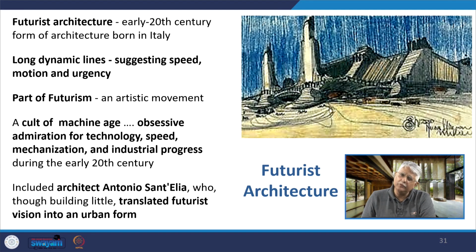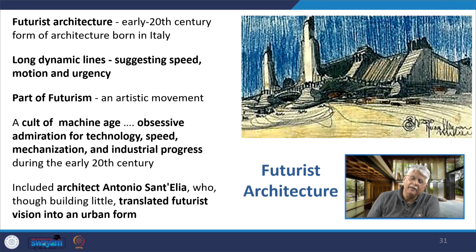Now coming to futurist architecture. In general, if we talk about the movement, we can also call it futurism, but that would be entailing many other aspects besides architecture. So, we will call it futurist architecture. In the early 20th century, it was born in Italy with the idea of long dynamic lines suggesting speed, motion and urgency. You must understand why these movements were coming up. Around this time, automobiles, airplanes, etc. had come in